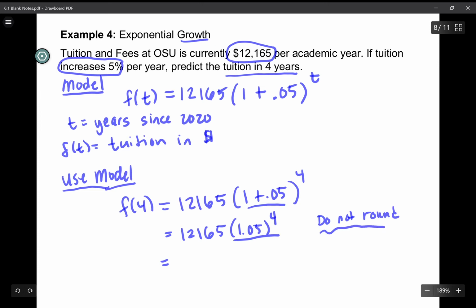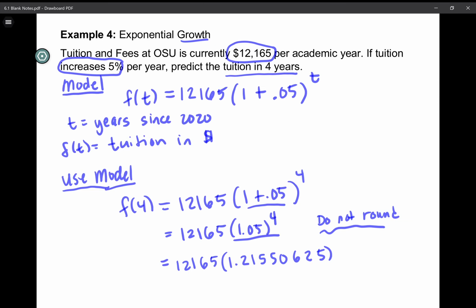I usually just keep the value in my calculator and compute with it. So I type 1.05 to the 4th power, x to the y, 4, equals. I just leave that value in my calculator. I can write it down rounded a bit. This is what my calculator spit out, but I actually don't change it. And then I multiply that by 12,165, and I get